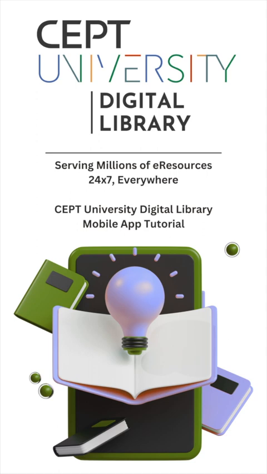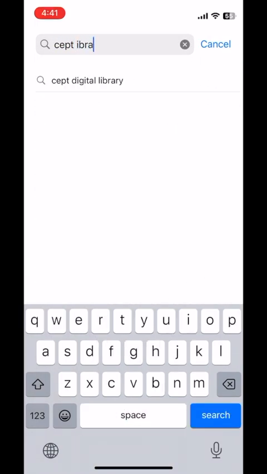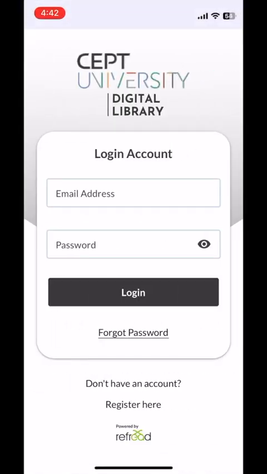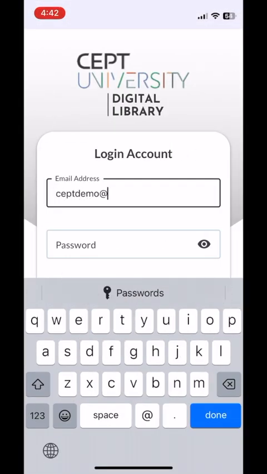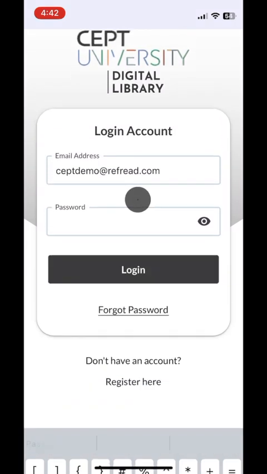Hi, in this tutorial, we will see the CEPT University Library mobile app in action. You can find and download the CEPT Digital Library mobile app from both the iOS App Store and the Android Playstore. Once you have installed the library app on your mobile, please log in using the CEPT University Digital Library login